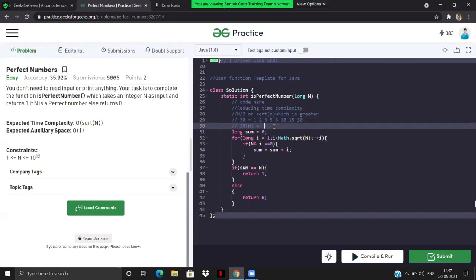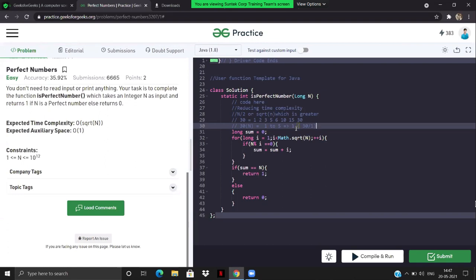What would be the square root of n? It is basically iterating from 1 to somewhere around the square root of n. It will be like 5, right? So I just need to iterate from 1 to 5 and get all the divisors. How can I find them? If I am dividing 30 by a number, and 1 is a perfect divisor of 30, then definitely 30 by 1 will also be a perfect divisor of 30,